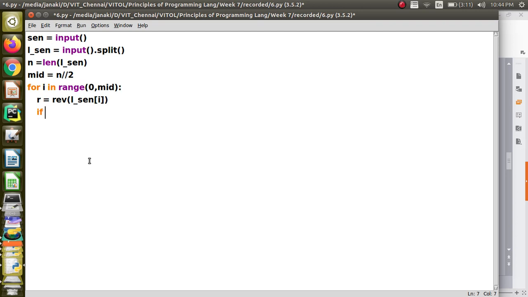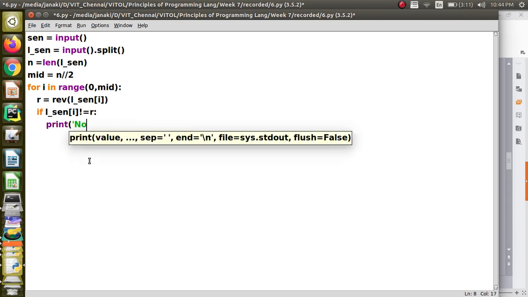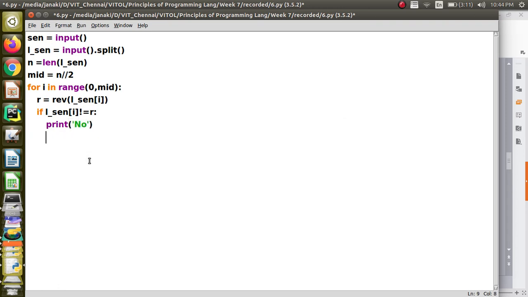I am just going to check whether this particular word is equal to the reverse of the word. If it is not equal, then immediately I will say no, and I can break the loop.